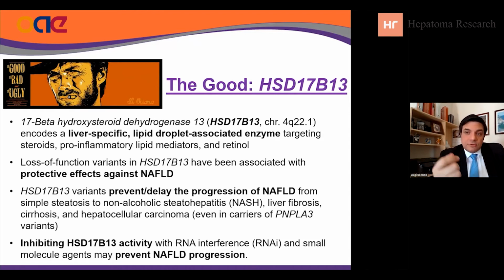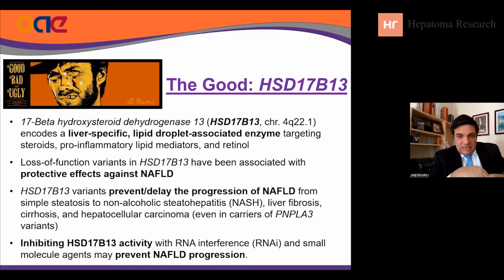And this is important not only to stratify the general population for their overall risk of developing NAFLD, but also because it provides potential molecular targets for treatment. And this is the translational dimension we were mentioning before. So variants in this gene may prevent or delay the progression of NAFLD. So if you remember the steps from steatosis to non-alcoholic steatohepatitis, and then liver fibrosis, cirrhosis, and hepatocellular carcinoma, all that progression, at every step of this progression, may be either prevented or delayed, depending on the overall effect of these variants,